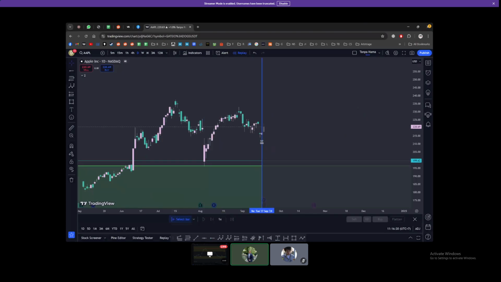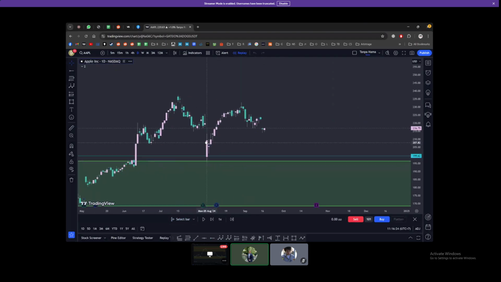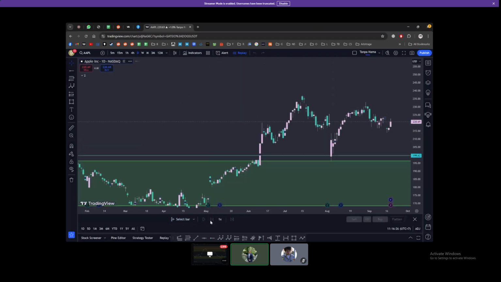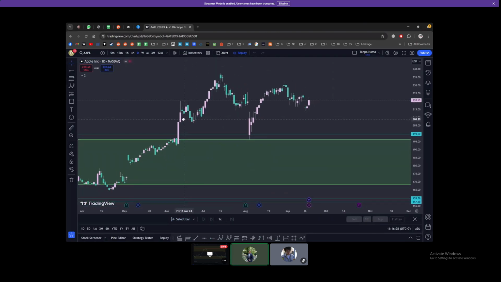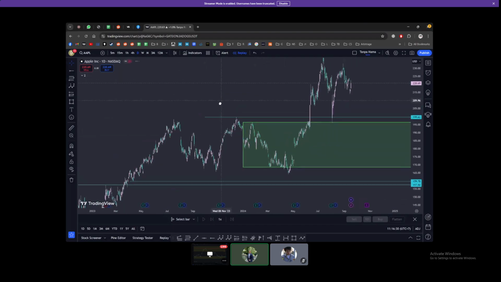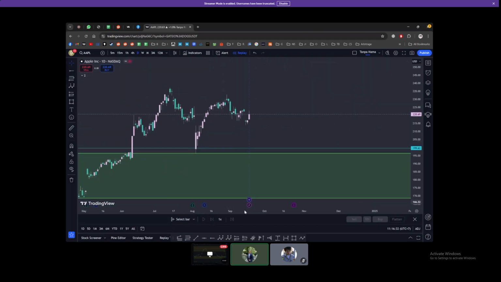Now I can tell you this much. It's gonna come back down and it's gonna tag the low at 195 once more, and it's gonna tag the quarterly support zone before going higher again. It's not gonna make a new all-time high just yet. We're gonna come back down to test 195 again,